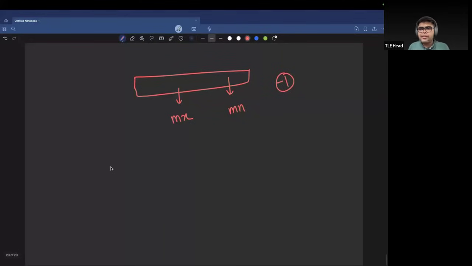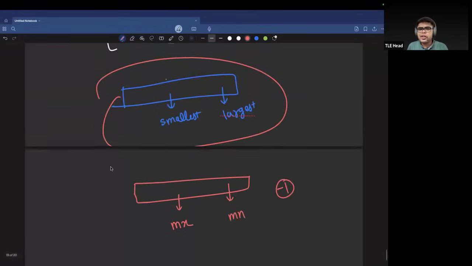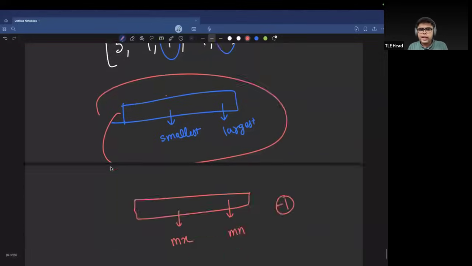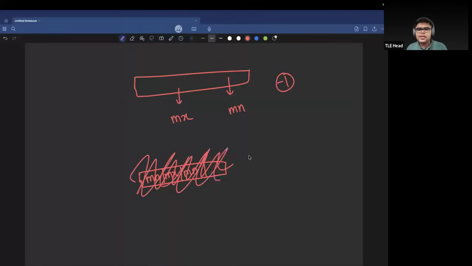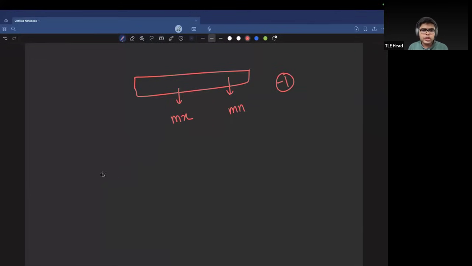So currently we have just considered the case where all the elements are unique. If the elements are not unique, you might have some confusion: I'm having mn coming up here as well and here as well, and mx is coming up in between. So should I consider that mn is coming before mx or later, after mx? You might have some confusion here, but at least for the case where mn and mx are coming up only once, it should be pretty clear that